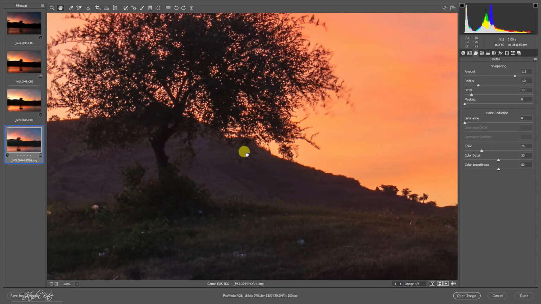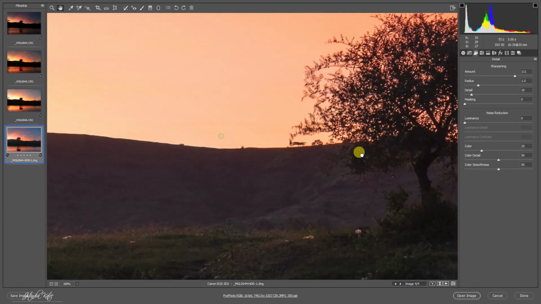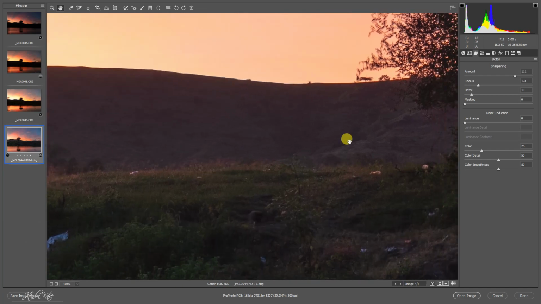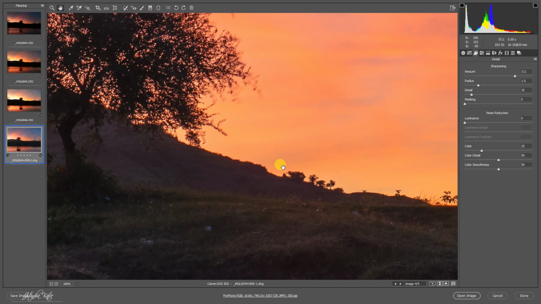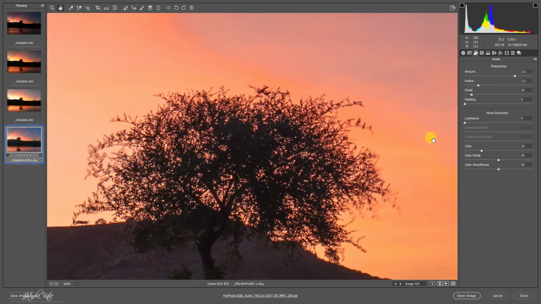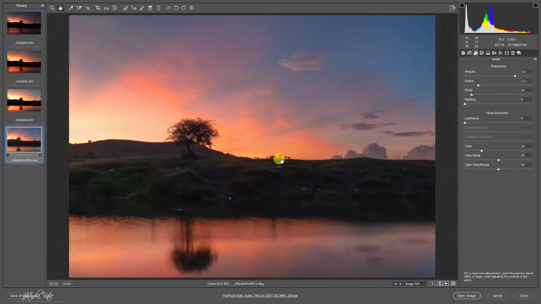I will check if there is any noise. I think there is hardly any noise in this image, so I don't think there is any need to give some noise reduction to this image. I will bring the image down to normal size by pressing Ctrl and 0 keys.